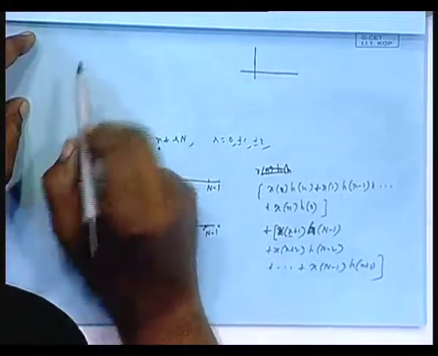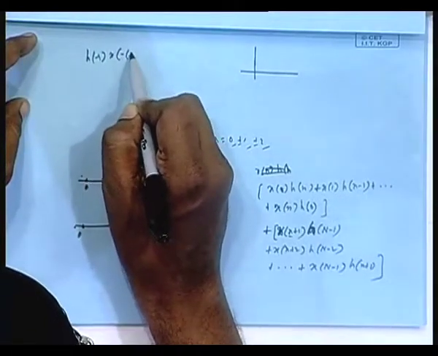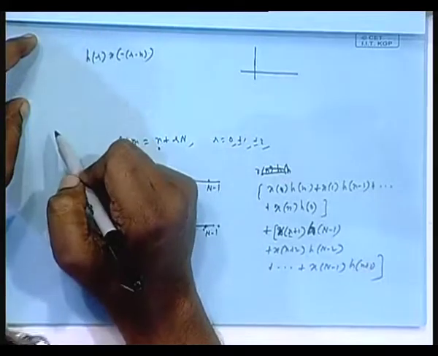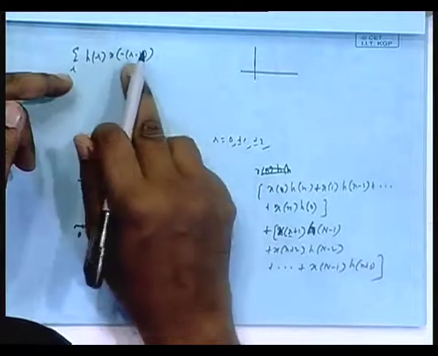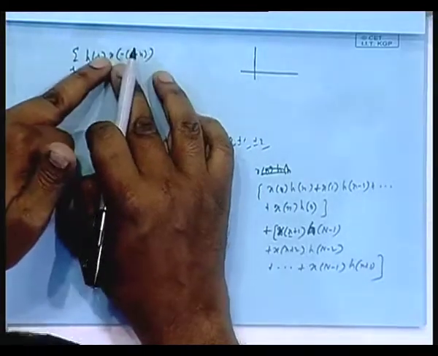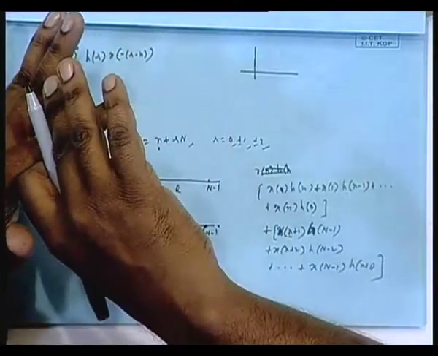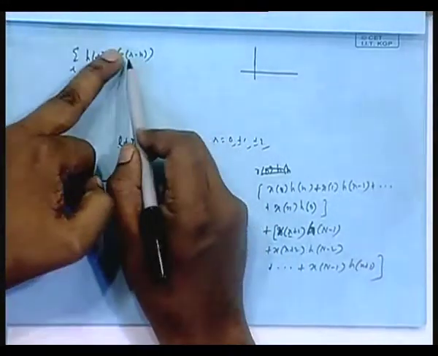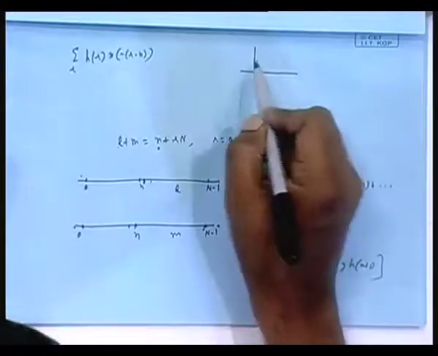Say, h(r) x(n minus r), summation over the available range. So, you are given x of r, reverse it, so it becomes x of minus r. Instead of r replaced by r minus n, that is shifted by n, if n is positive shift it to the right by n, and then multiply the two, so sample wise add. This is a convolution,